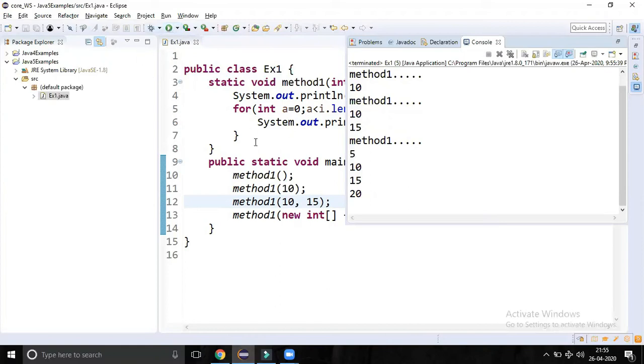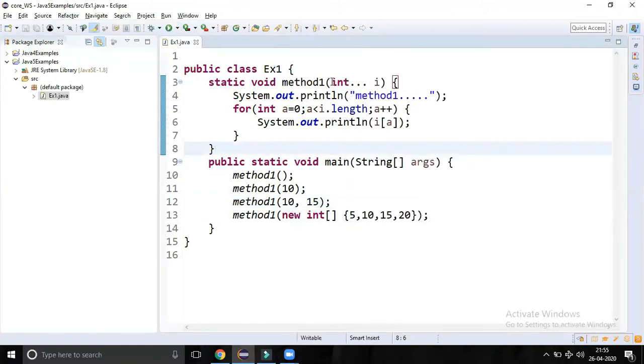These are the possibilities. If you define an array in the method one signature, it will allow passing only an array object or reference while invoking method one. Here method one has int variable arguments.